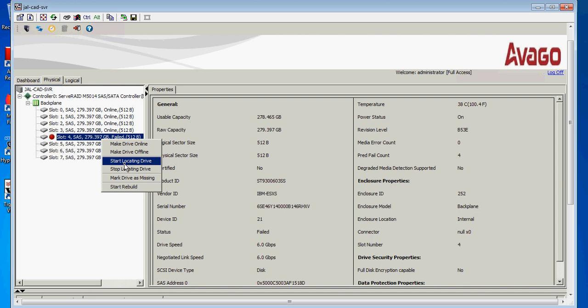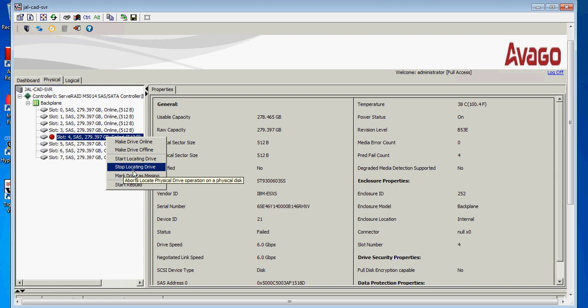So we want to replace it. Just click on that. Now the faulty hard disk is blinking on the server. So I know which one is faulty, and that is the correct hard disk.